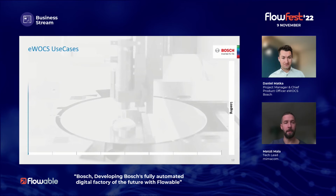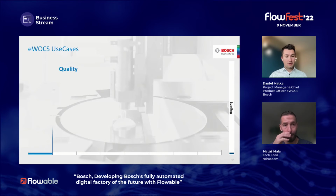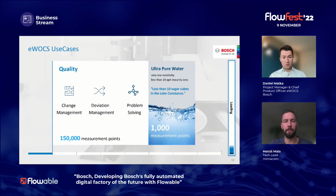Smart people, smart fab. Let's start with some use cases. We speak a lot about eWOCS, but what is really eWOCS? eWOCS is the workflow engine. In the first use case for technology, we prepare our production systems. So we call it setup prepare, with the production routes and also with the recipes which are needed for the production. Also with the new production and new product introduction, and also the quality, where we have to really measure,